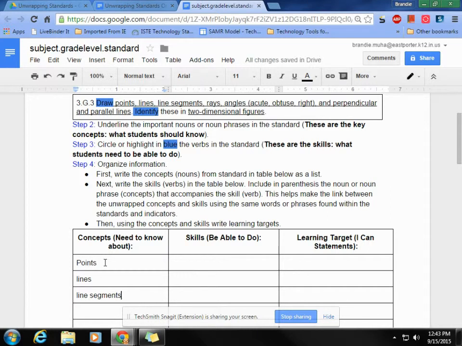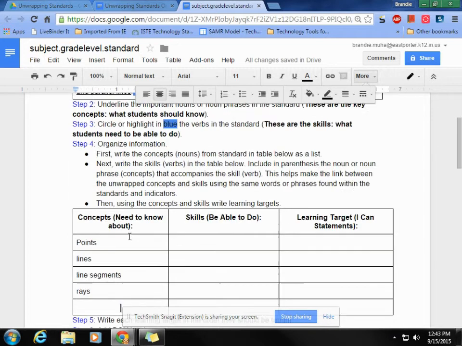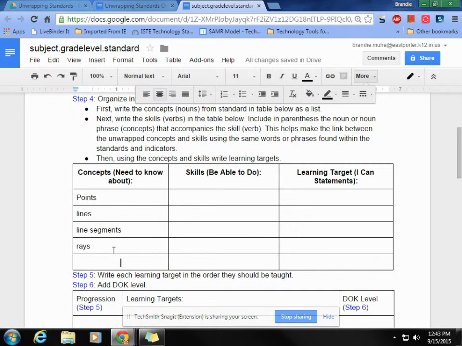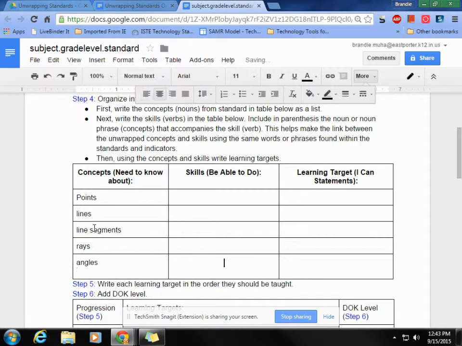Please ignore my phone, sorry about that. So line segments, rays, angles, and under angles, I'm going to make sure that I list the specific angles. Acute,